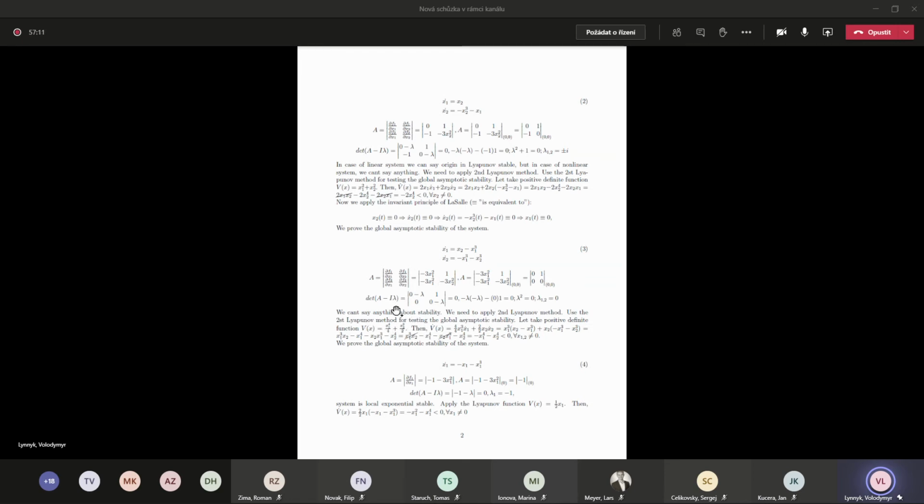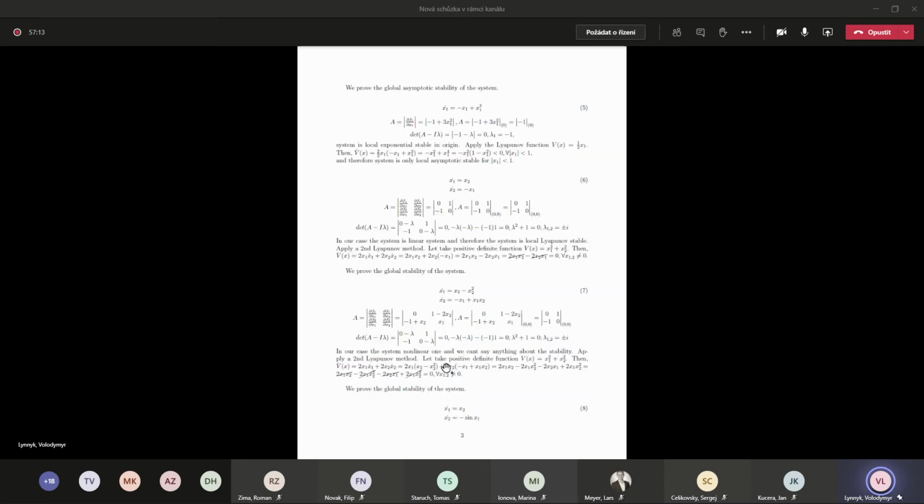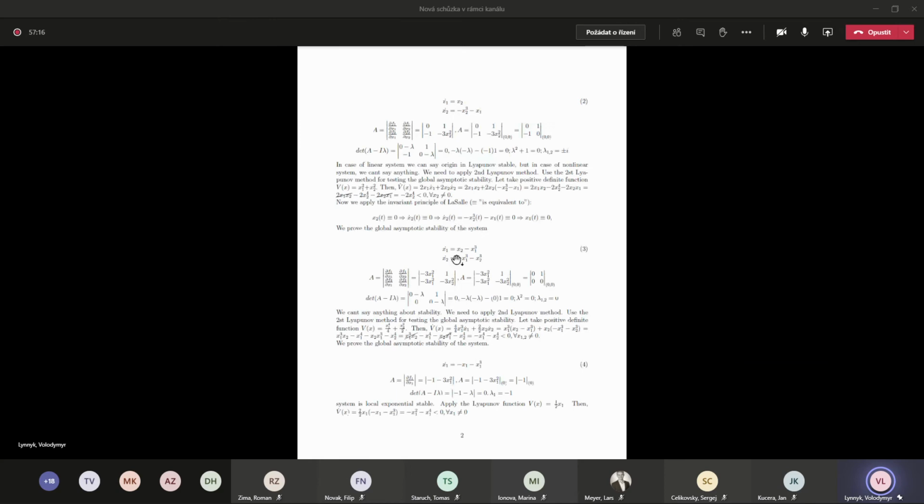The next example is number 4: x1 dot equals minus x1 minus x1 cubed. Can you say something about the stability of this system? It should be stable, because